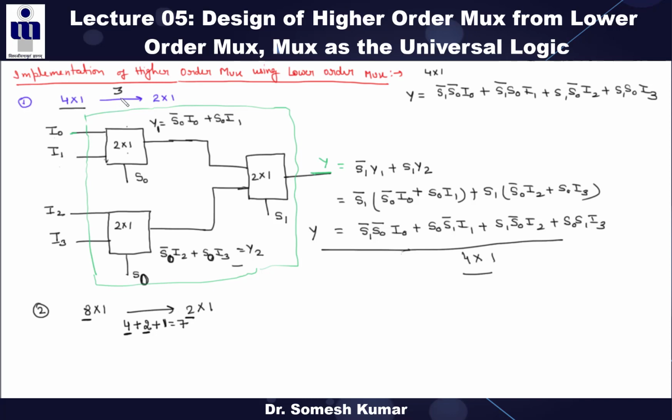Similarly, we can do here. Divide this 4 by 2, it comes 2. Now divide this 2 by 2, it comes 1, right? So total 3. So by this shortcut, you can find the lower order mux using the higher order mux, right? So in the next example,